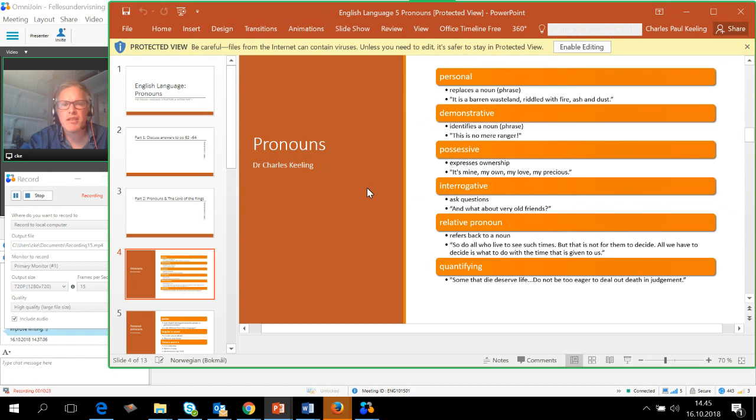Pronouns for 5 to 10s will be something that could be taught in an explicit grammar, but could also be discovered and investigated in a sense of exploration in a more communicative approach. But they do have dodgy names, don't they? Interrogative is a lovely word, isn't it? It just basically means questions. So you have interrogative pronouns,